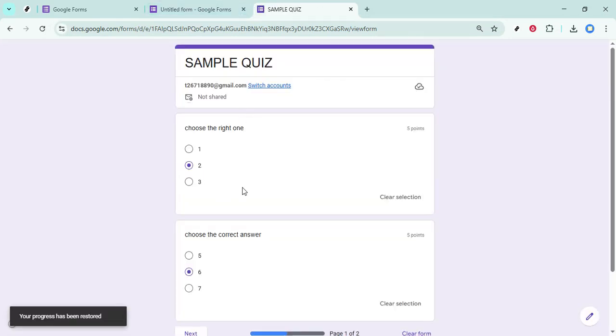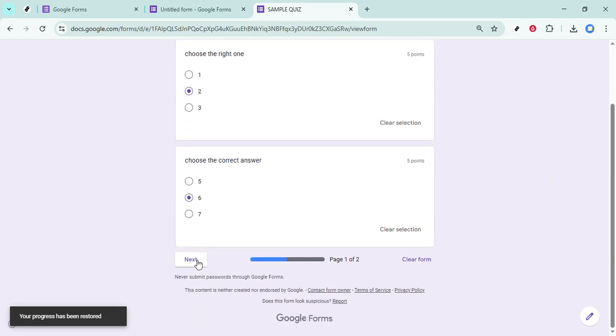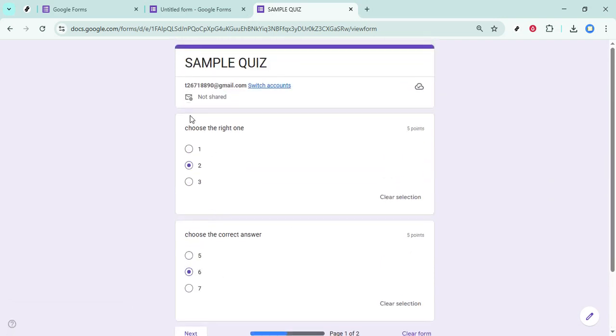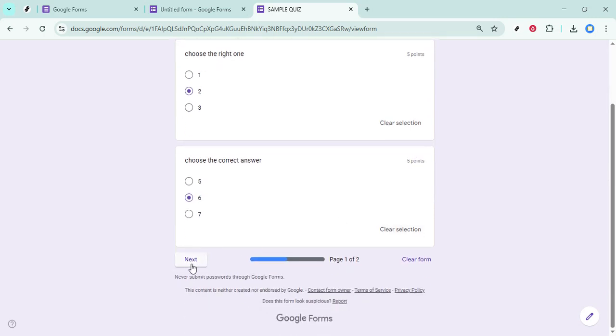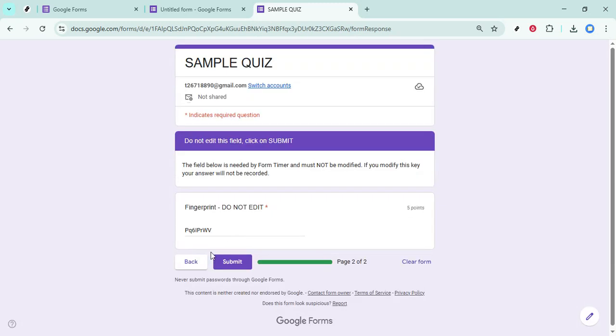Once you've got it, share it with your teammates through your usual channels like email or chat. Remind them that anyone with the link can submit, so only share it with the audiences you actually want to collect responses from. After your teammates or respondents have submitted their entries and you're ready to manage them, return to